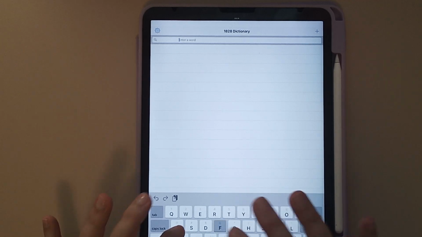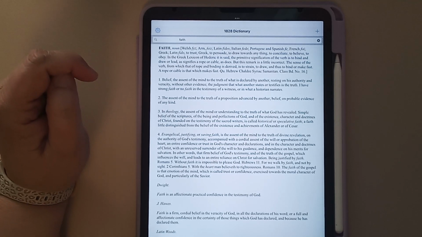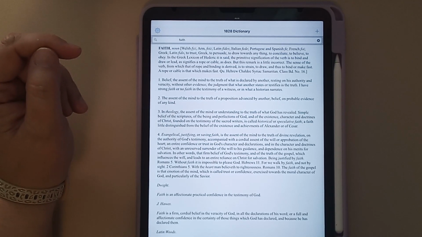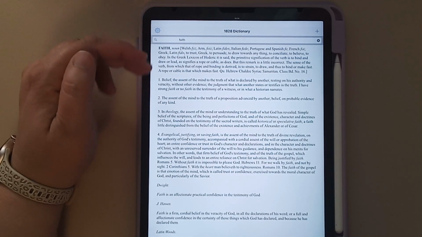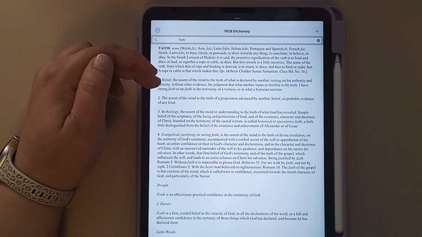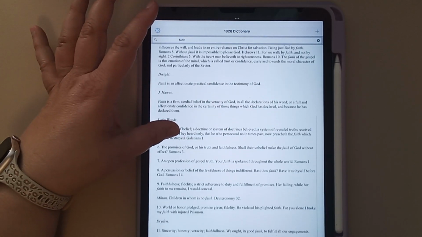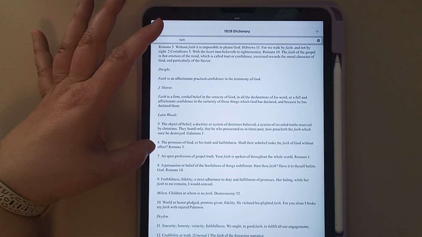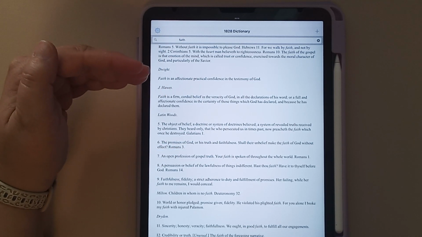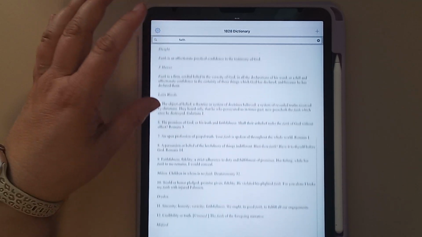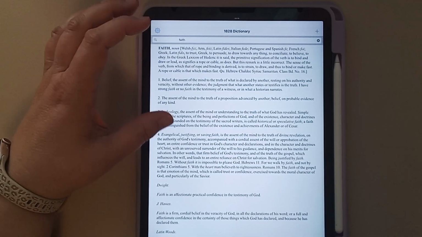And what I like is you can put in a word. I'm just going to use faith. But you can put in any word. So you could put in, I don't know, stone. And it would give you the same information. So it tells you the definitions. It tells you biblical definitions of faith. With that, it also gives you scripture references for faith, and all of those things. So I really like this because it gives